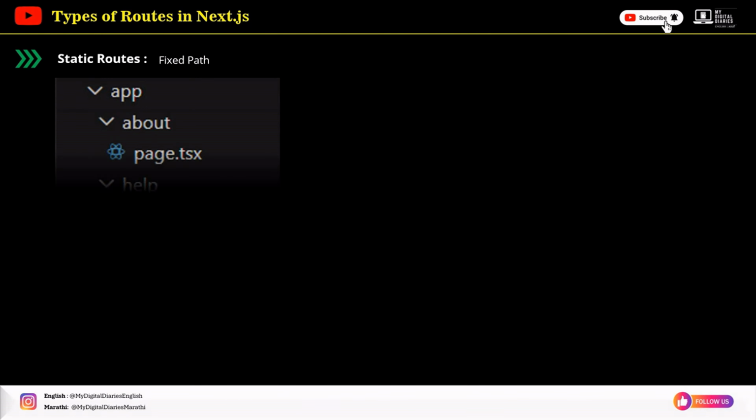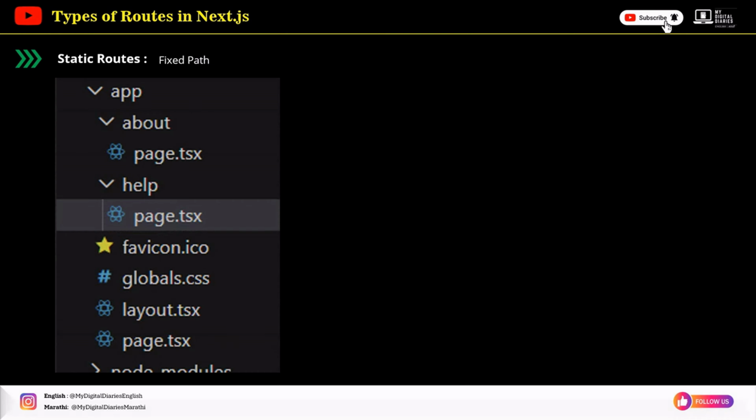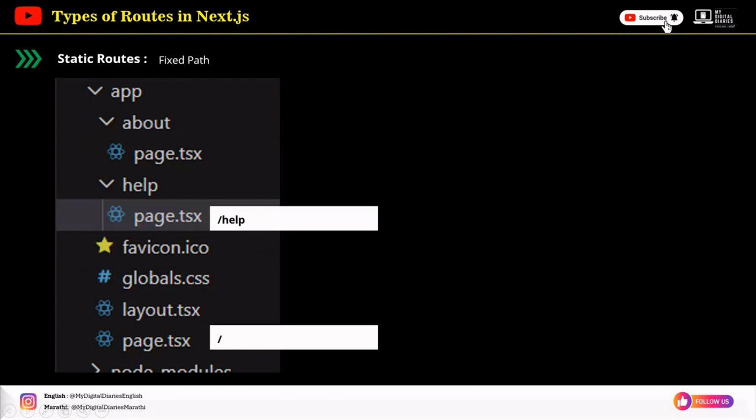In this section, we are going to understand the types of routes in Next.js. The first is the static route. It's a fixed path. Static routes are the simplest type of routes. They have a fixed URL path. For example, here, if you go to page.tsx under app, okay, or maybe here